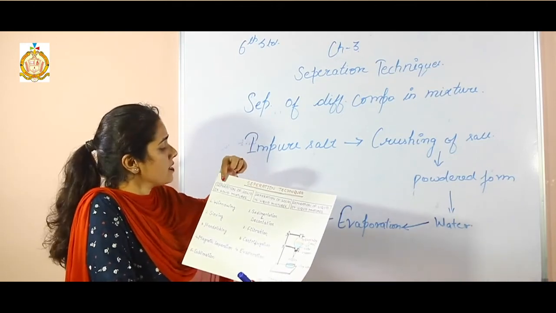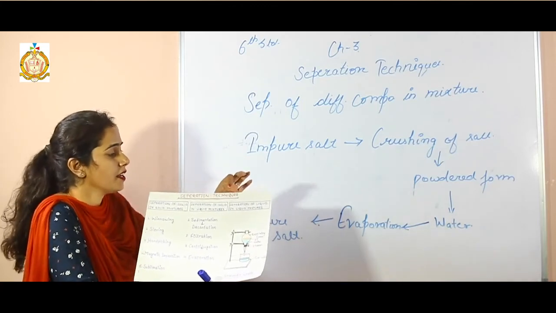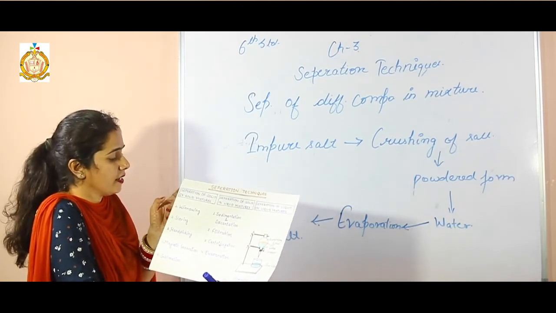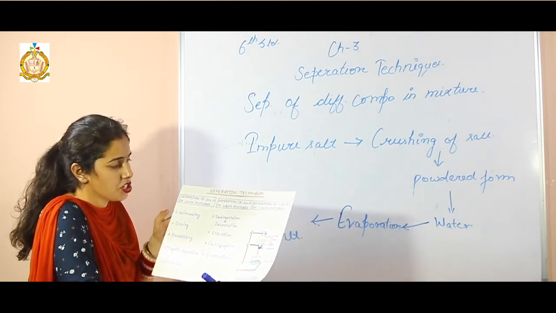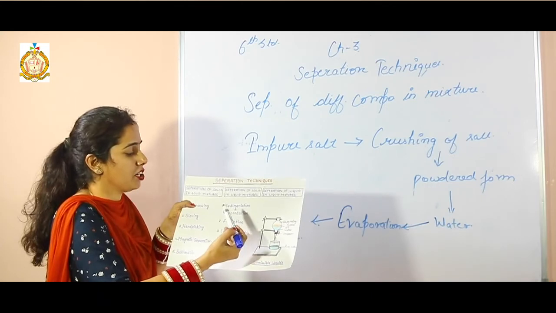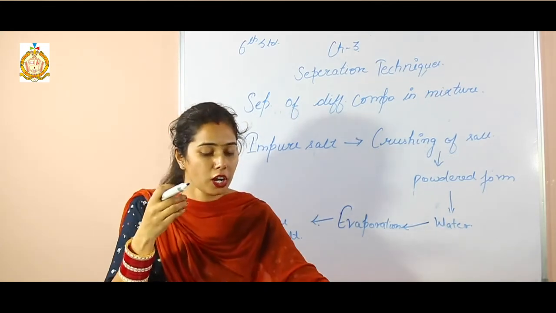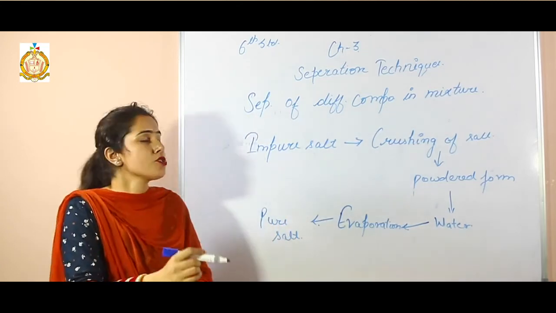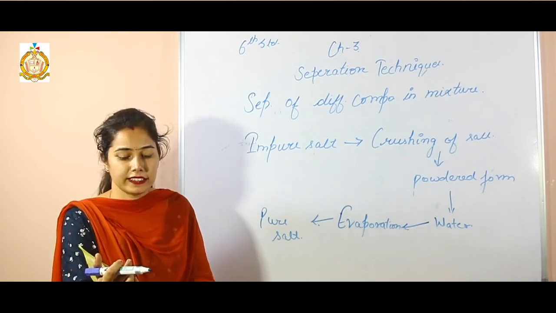Here the three steps are separation of solid in solid mixture, then separation of solid in liquid, and liquid in liquid. And here are winnowing, sieving, hand picking, magnetic separation and sublimation. And in this there is sedimentation, filtration, centrifugation and evaporation. So this is all about the chapter, and try to solve the questions that are present in your book, that are internal questions.